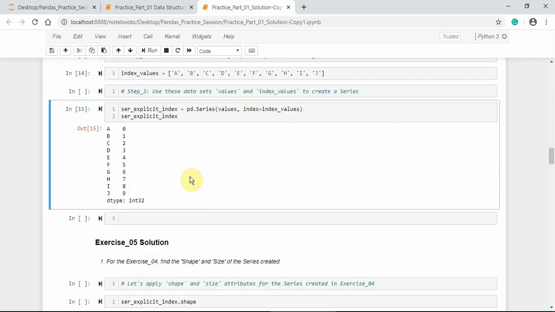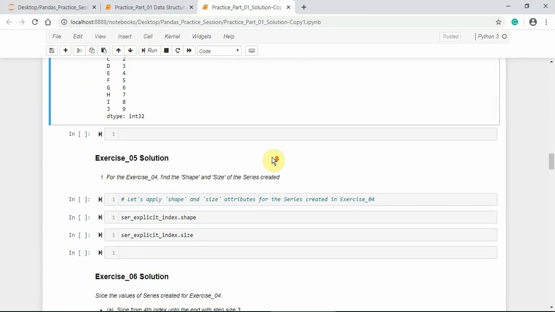Here we got the series with the explicitly defined index labels from A to J and the array of elements from 0 to 9.